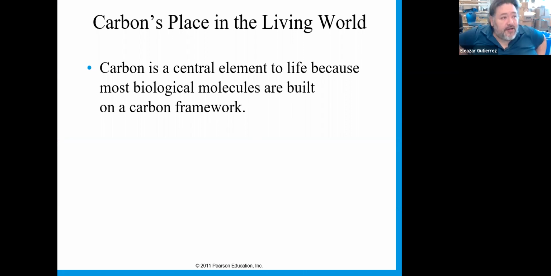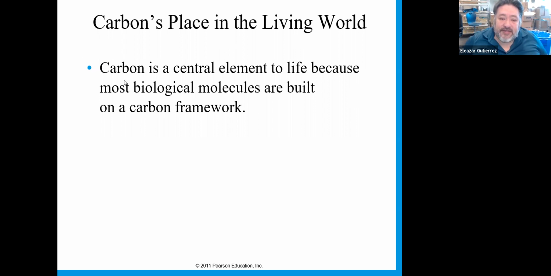So we start with carbon. Carbon is central to life. Anytime that we talk about life, we say that it's carbon-based chemistry, okay? A question that is never asked is why. Why is life carbon-based? Well,